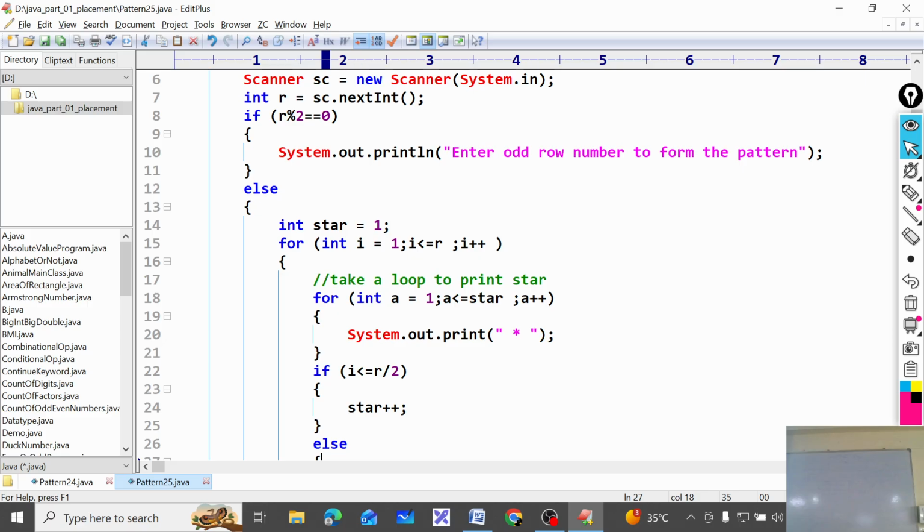That is the point. 10 rows is not possible because, like, 1, 2, 3, 4, 5, again 5 you should get. Then 5, 4, 3, 2, 1 you should get. So 5 stars should be printed twice. If you do that, you will not get the tip. 1 star you will not get. That means that is not a pattern.